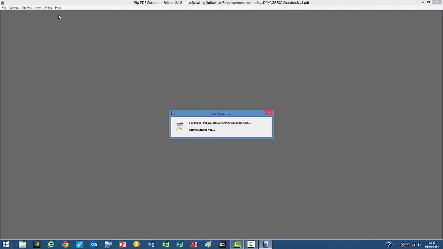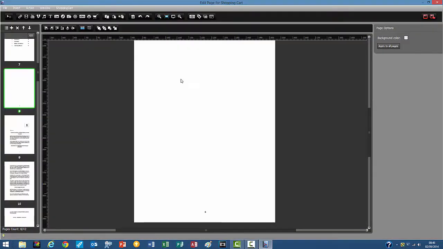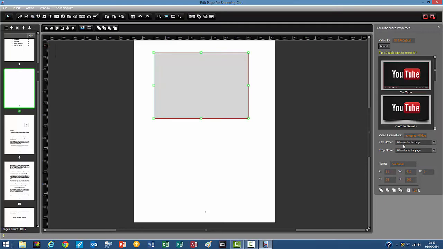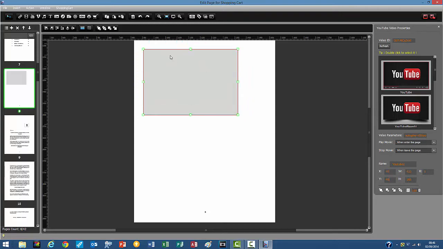So I'm going to edit that page. I'm going to add a YouTube video here. It's going to be about that shape. I'm going to start it 40 in on the X coordinate and 40 down, so it's equidistant. I've experimented with the sizes, and for me